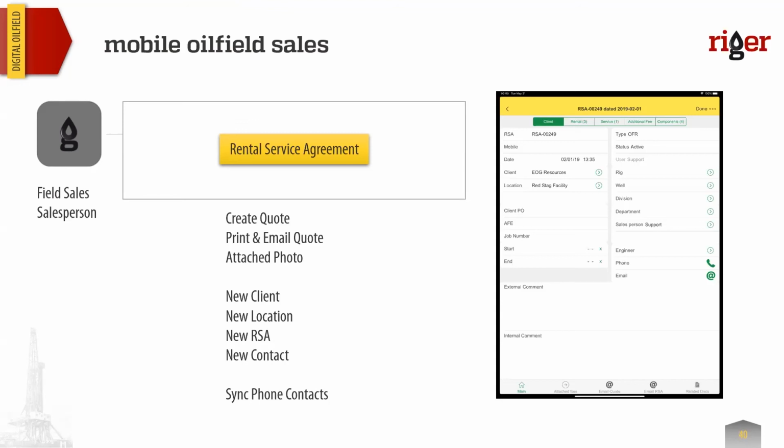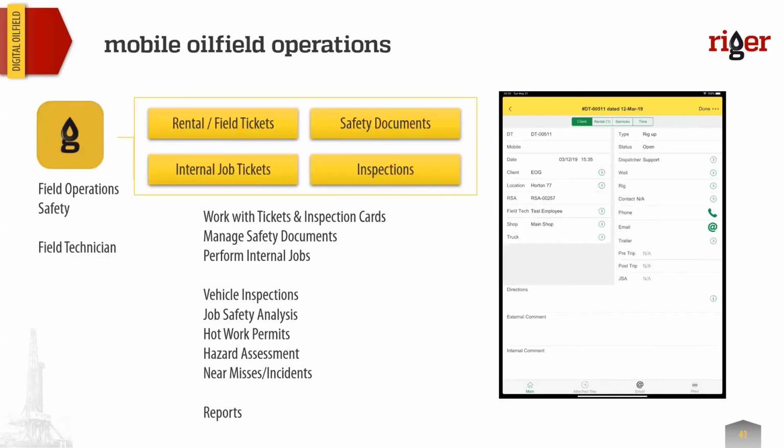It can allow the sales personnel to add new clients, add new locations, RSAs, etc. And it can also sync with the contacts in your phone. So the sales application will allow you to perform the sales operations of your business. Now let's move on and talk about the field operations application, which is mainly intended for the field technicians